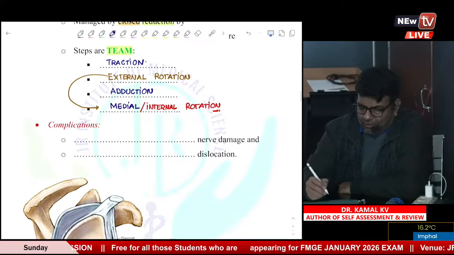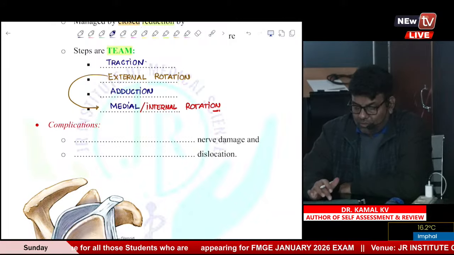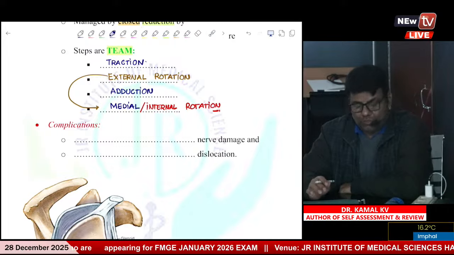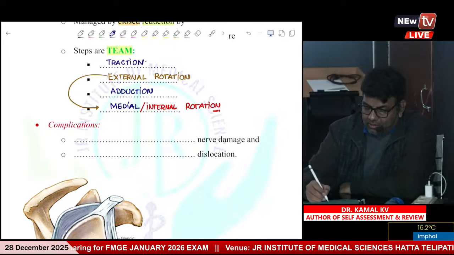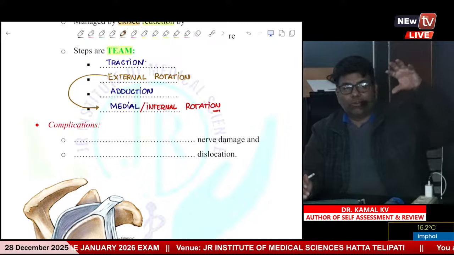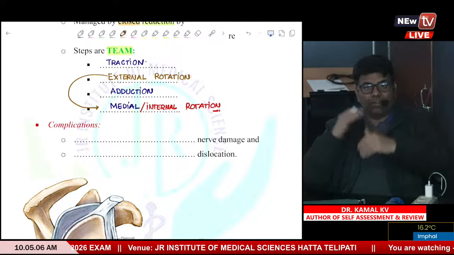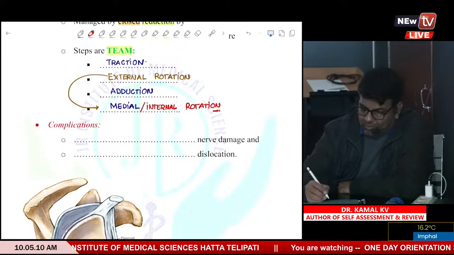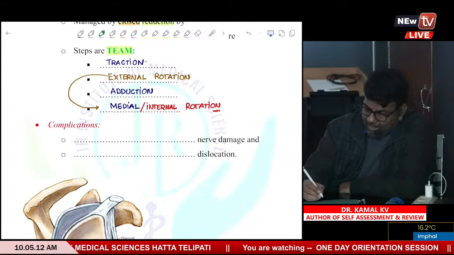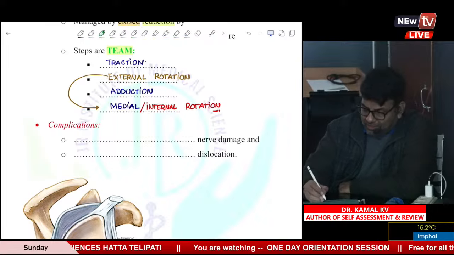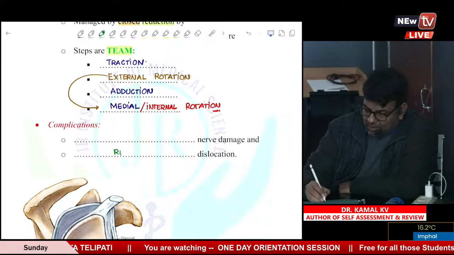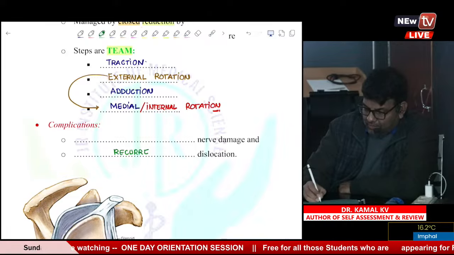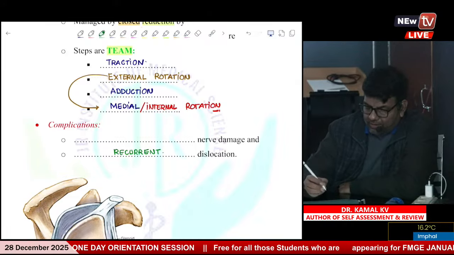Now what is very frequently asked is about the complications. There are two important complications which you should know. One, I already told you, if there is dislocation once, there is possibility that it will dislocate again and again. And what term you will use for that? Again and again means recurrent. Okay. Recurrent means again and again. And